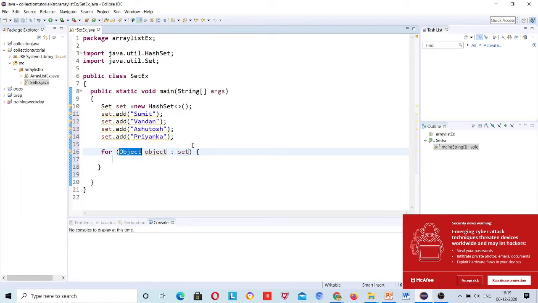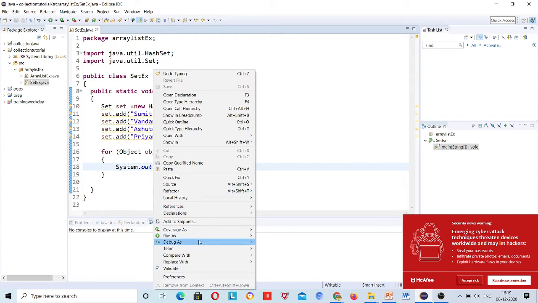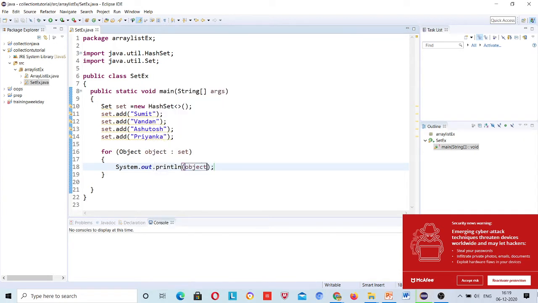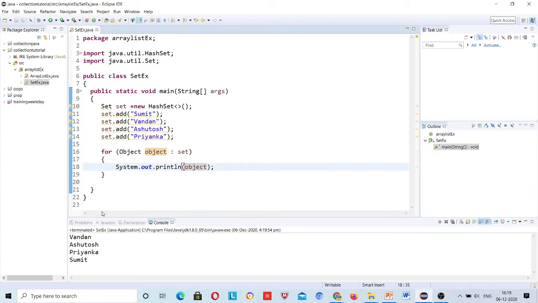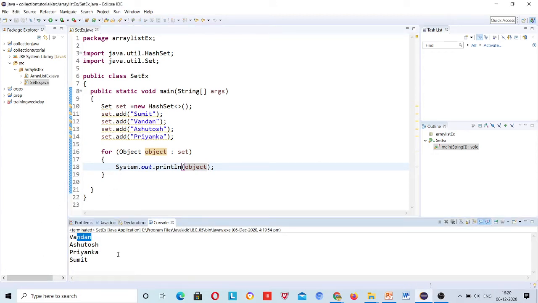Today I will add some new points to it, but first let me print all these, then I will talk about that. Sysout object. So what will it do? It will print all the values: Vandan, Ashutosh, Priyanka and Sumit.